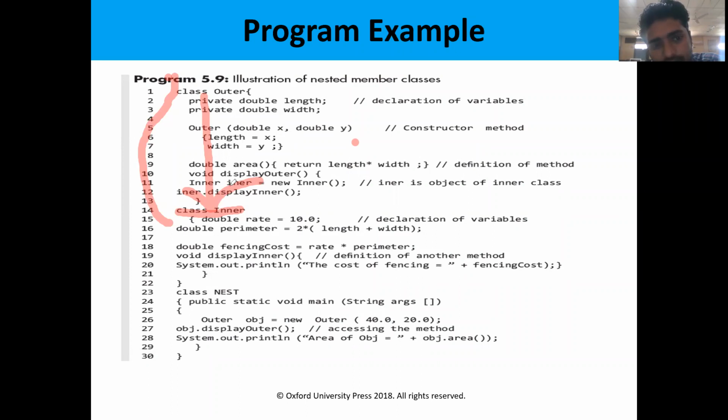Through that object, we are accessing the inner method, display inner, that means the inner class method. If you want to access the inner class methods, the outer class must create an object of type inner. Then only we can access the members. So this is one thing in the member inner class.